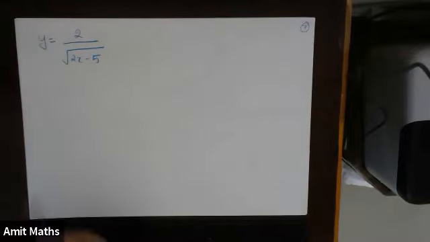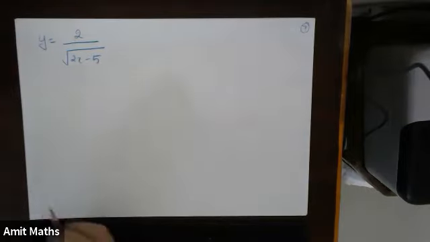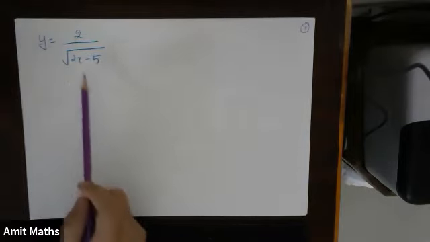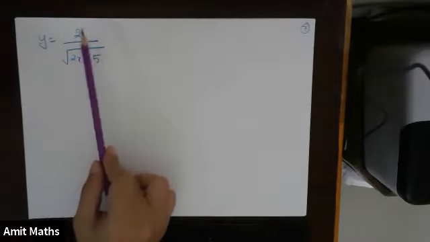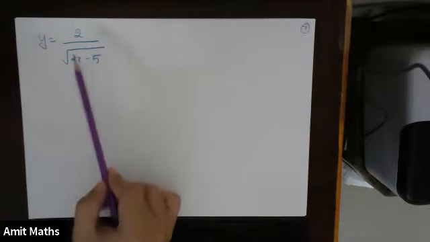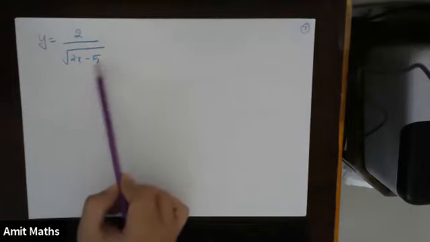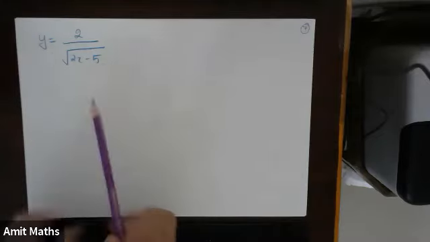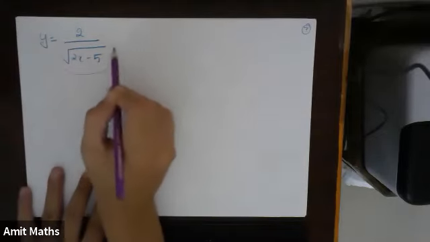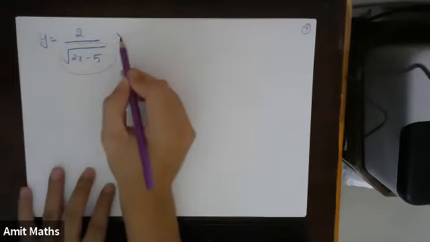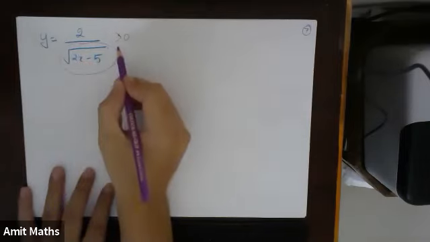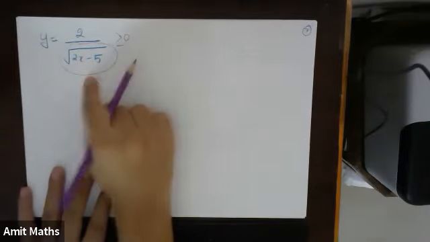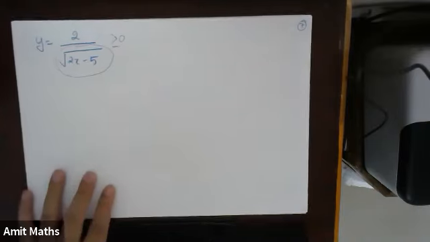Okay, so let's see. Now in this question also, some of you must have figured it out that, sir, in this question also we have a root on the right side. But even if this root was in the numerator, or if this root is in the denominator, this root will always give you positive values. The output of this will always be greater than or equal to 0, right?